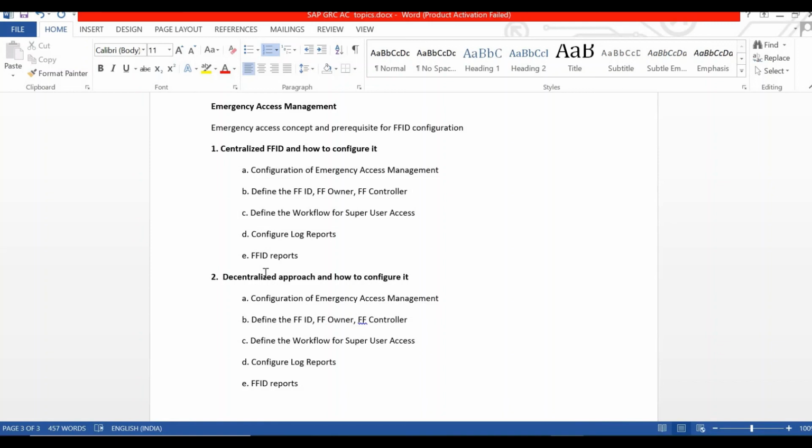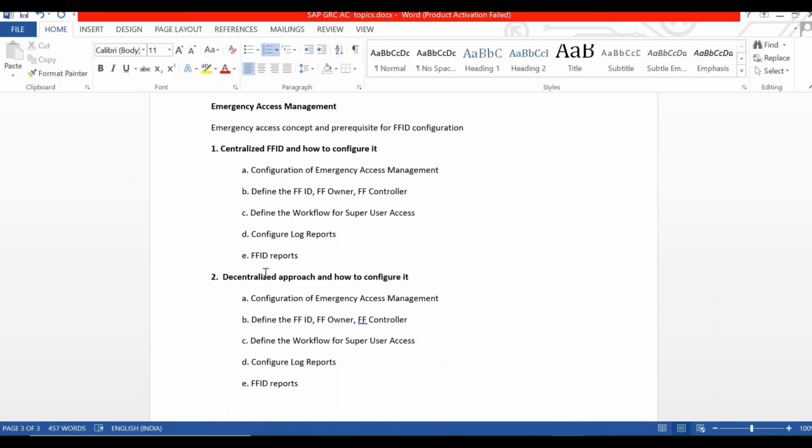If we do the firefighter activity with the help of GRC only, that is called centralized firefighter activity. Decentralized means that in a satellite system which we are connecting with GRC, it has to be done in the satellite system instead of GRC. That is called a decentralized system.